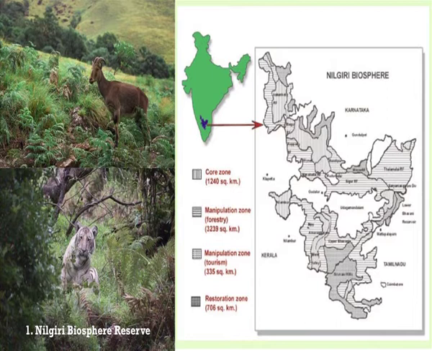Now, here you can see the Nilgiri Biosphere. I'll be discussing different important biospheres. First is the Nilgiri Biosphere. Now, the Nilgiri Biosphere is part of the world network of Biosphere Reserves. It is in parts of Tamil Nadu, Kerala and Karnataka, and it's the largest in Tamil Nadu. The core area is around 1240 to 50 square kilometers.